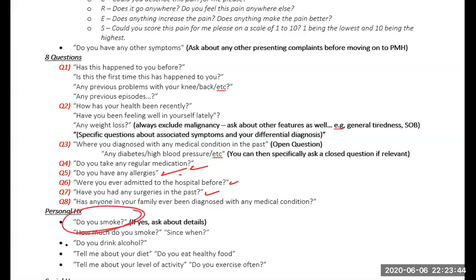You forgot to ask about smoking, I think, which is important because it's one of the risk factors. And you could ask about alcohol and diet. So I don't think you've asked about personal history at all. So that's important. Overall, you've done really well, but I think you just need to follow this structure so you